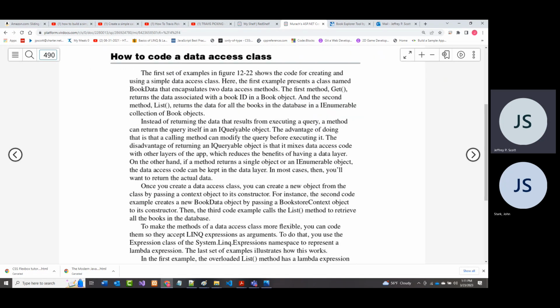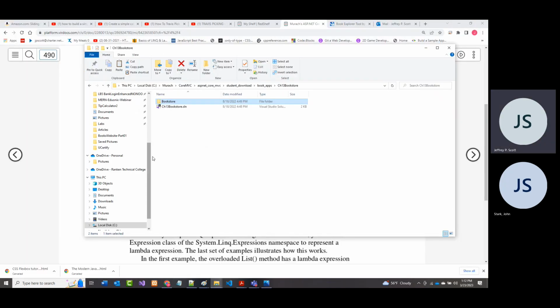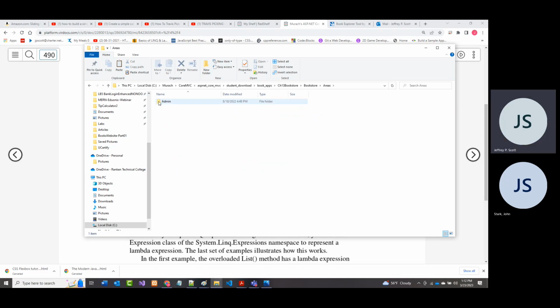Now, I want to show you something, and I'm going to do this quickly. What I'm about to show you, you already have. This is chapter 13 from your book. This is the book app, chapter 13, bookstore. Don't worry about it because we're building our own. All right. But if I look here and I double click on it, you'll notice that in chapter 14, we're going to implement an admin area